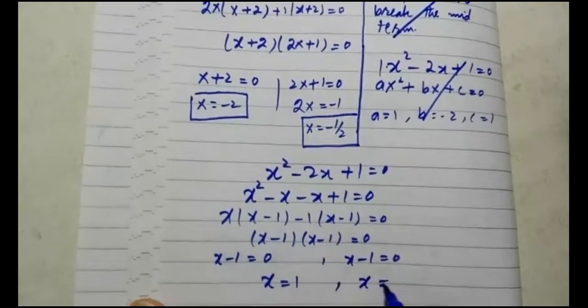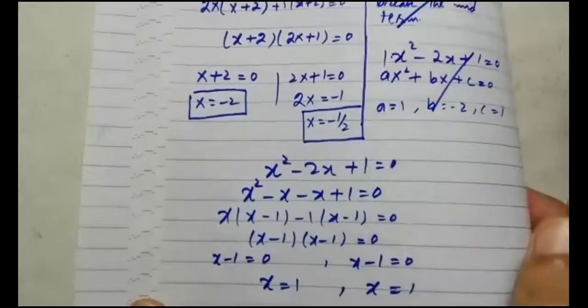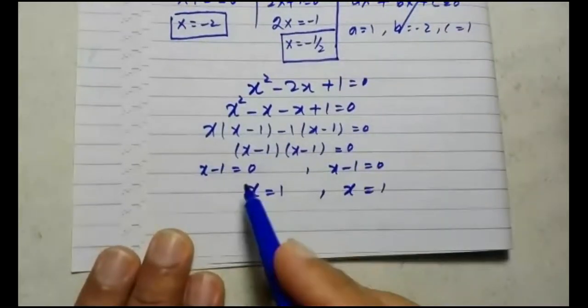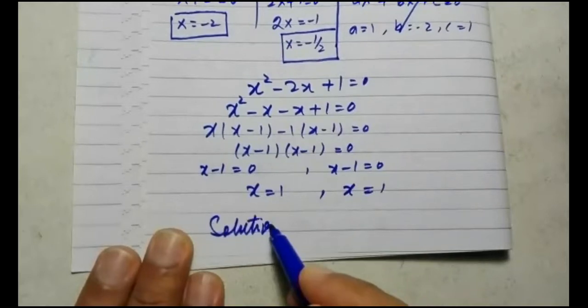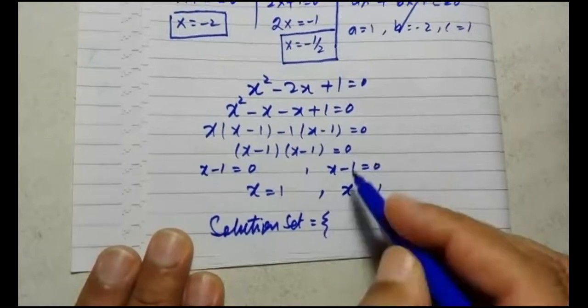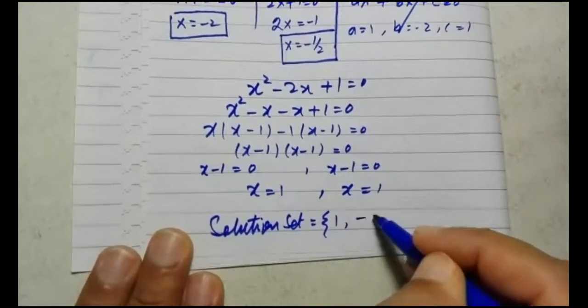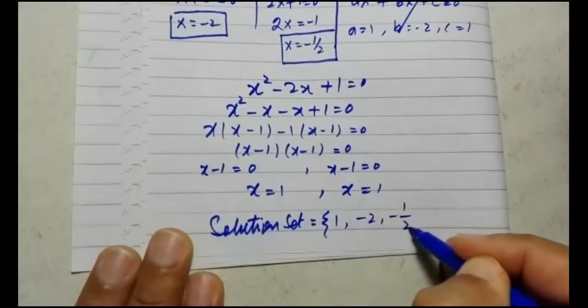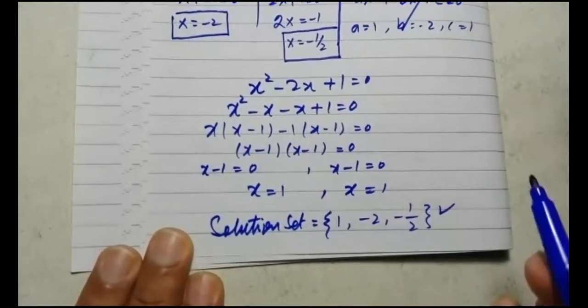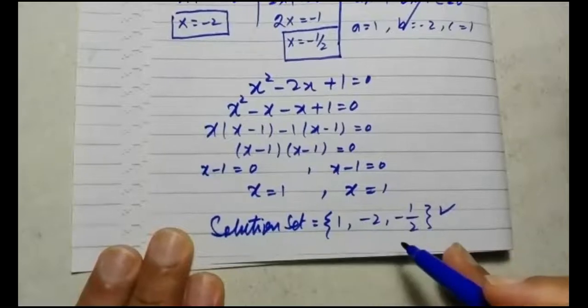So we have gotten three answers. So we will substitute all these answers into this equation that is called the solution set. Because the questions are already quite lengthy, so 1 comma minus 2 comma minus 1, right? These type of questions. This is how you will get the answer. So solution set will be like this one.